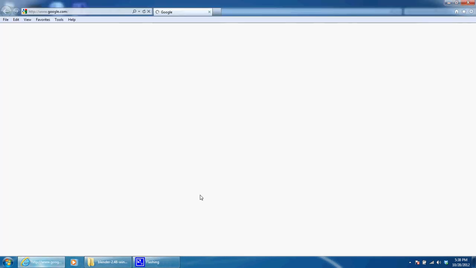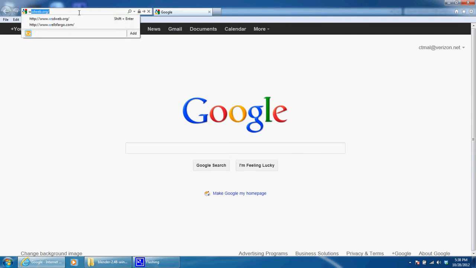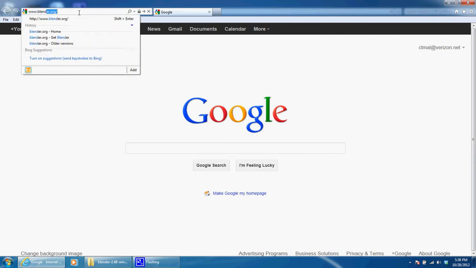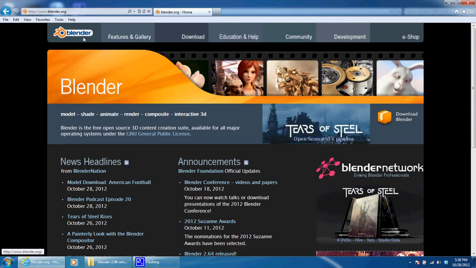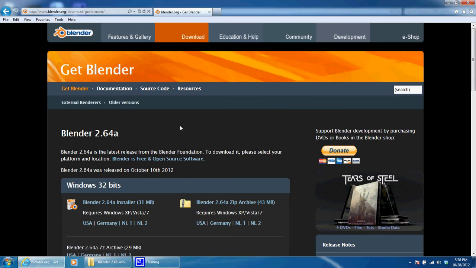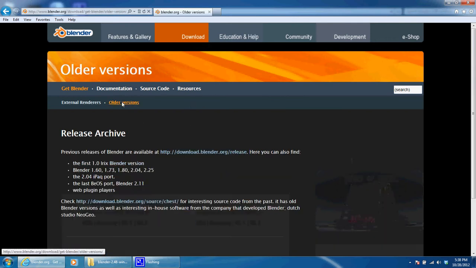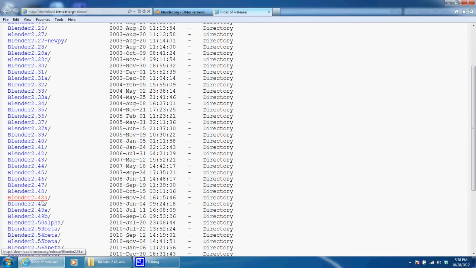So first thing you need to do is go out on the web and go to blender.org and download Blender. Now, the newer versions of Blender do not have a XAML exporter, so we have to download an older version that we can get one for. So just click on download, go to older versions, follow this link, and then if you scroll down, we want to download and install Blender 2.48. So once you have this all set up,